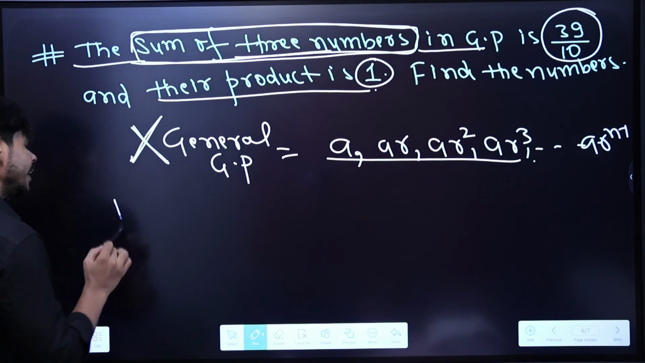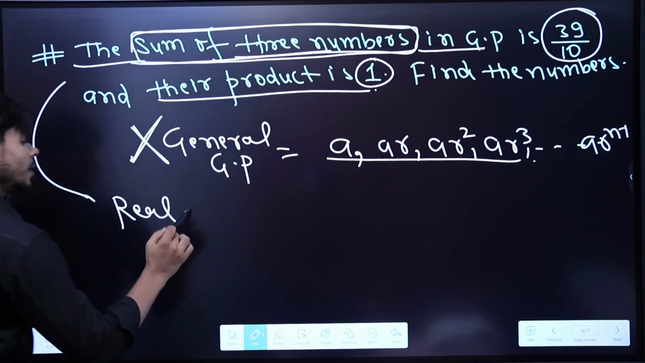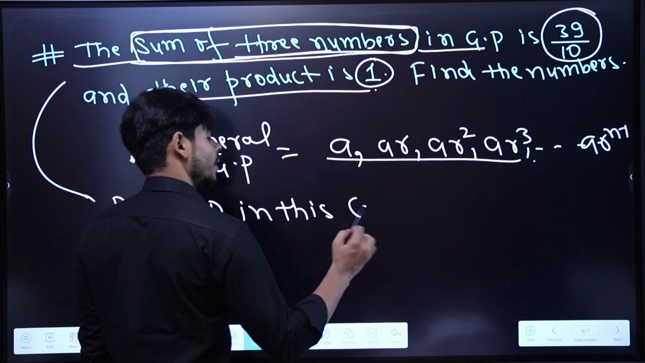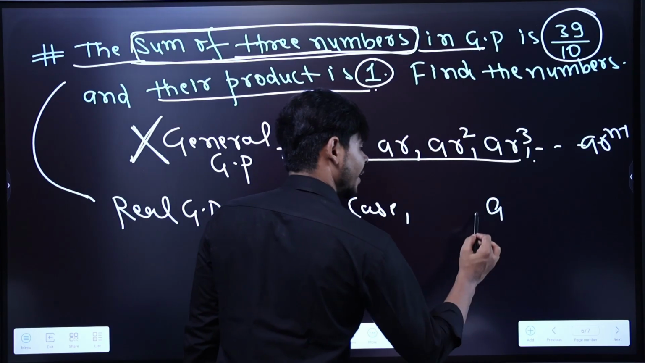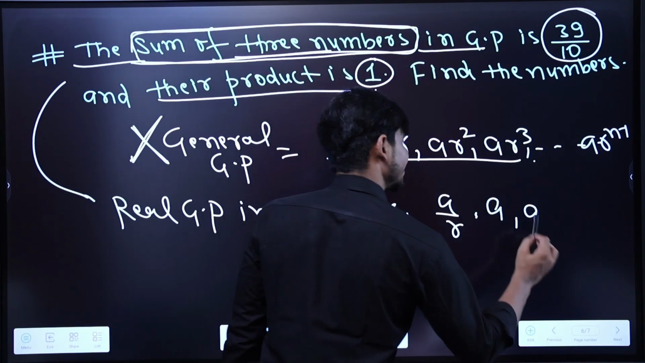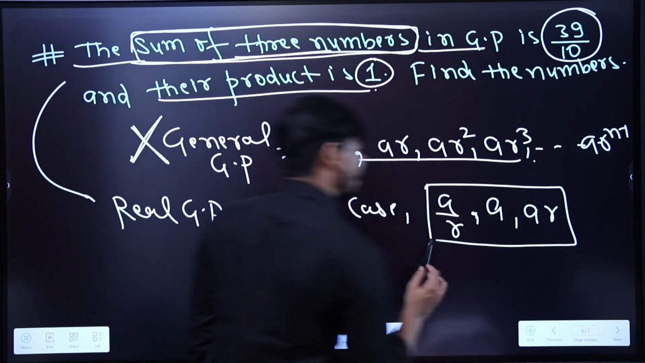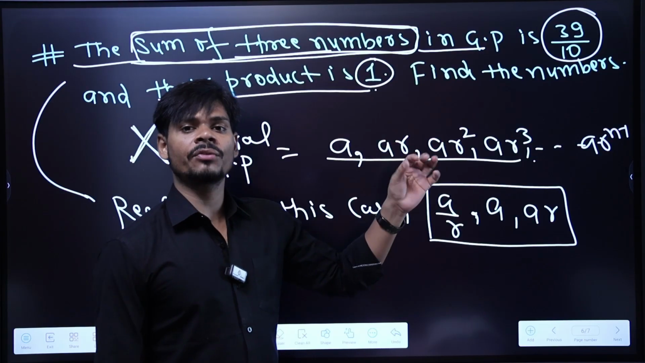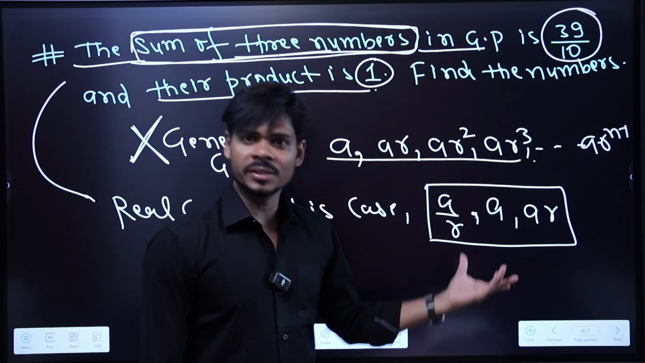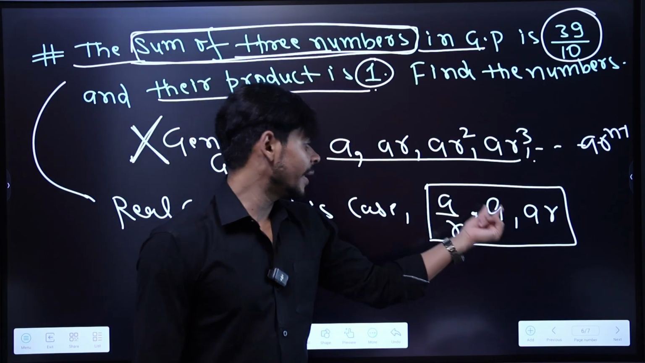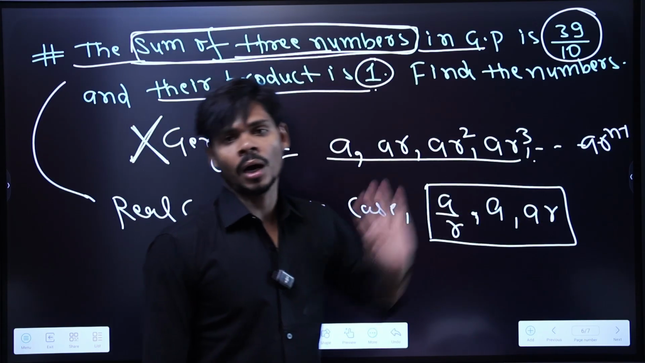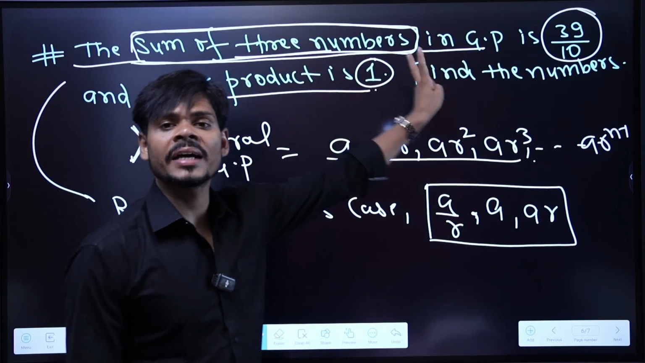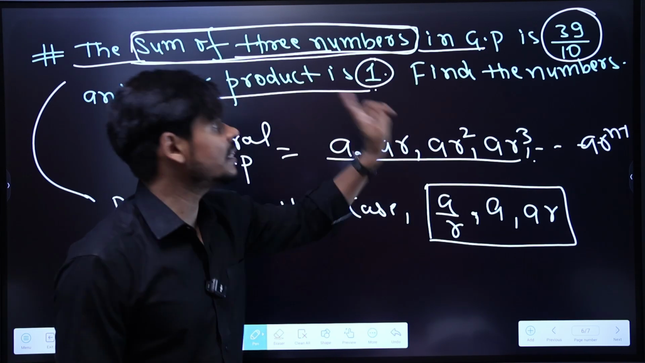Now the real GP, not AP, sorry, the real GP that you will consider in this case will be A, then A upon R, and A times R. In arithmetic progression, we were subtracting D, because our common difference was the difference, and here the common ratio is a ratio, so we are going to divide by R. A, then A divided by R, then A into R. Got it? So these will be the perfect GP for these kind of questions, from where we can easily find